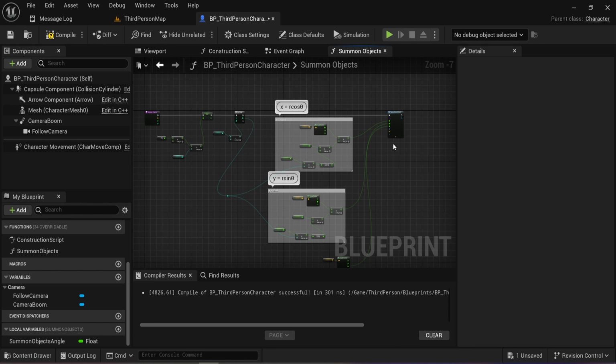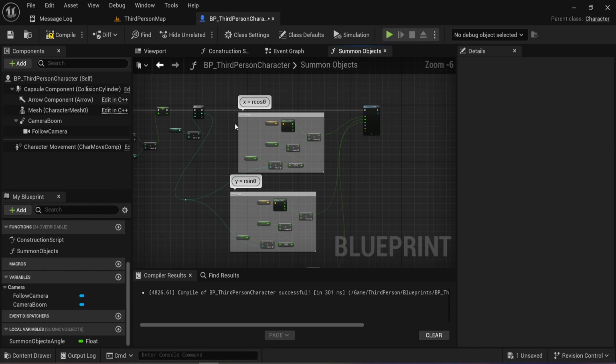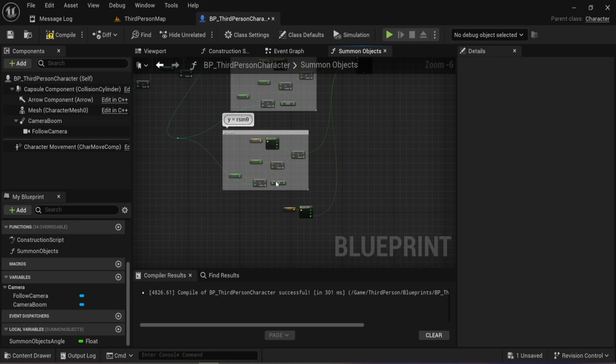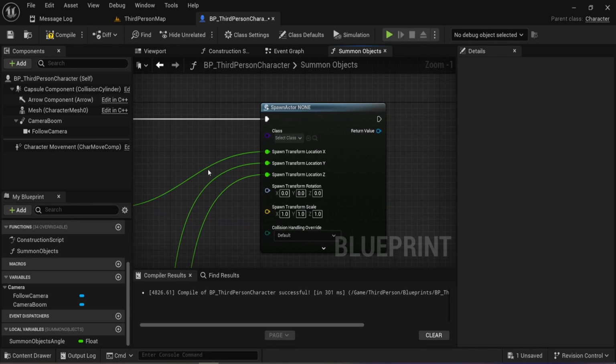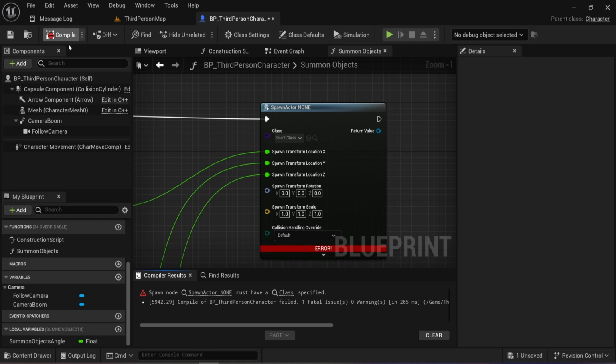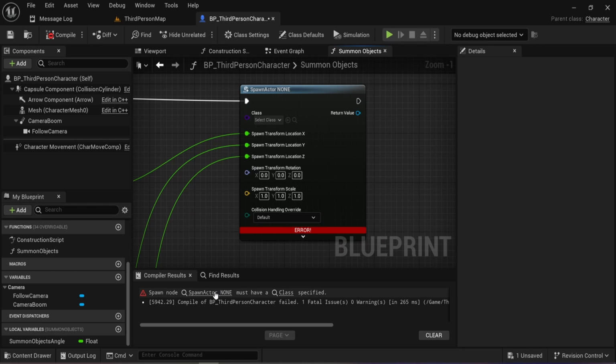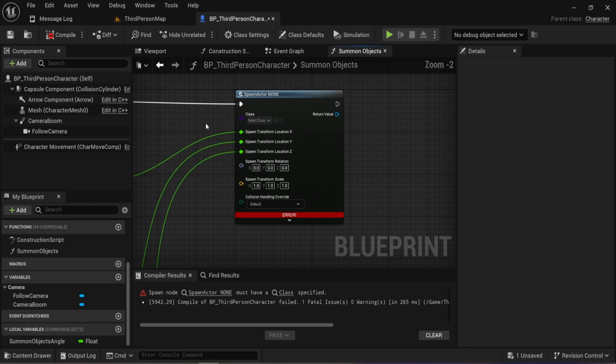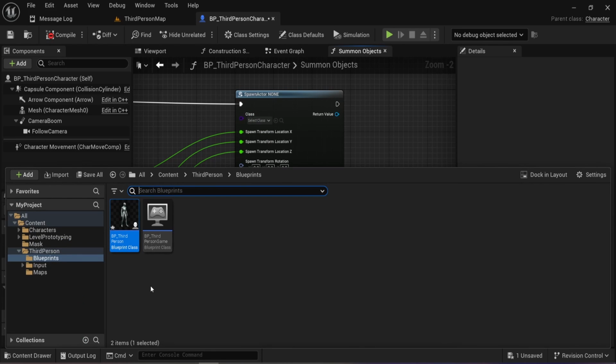Alright, welcome back. So after we wrote all this stuff, there's one thing that I think you guys have already realized: the moment when we compile it, there's an error sign over here, but that's completely fine because we do not have any spawn actors over here. So how do we do it? Just need to include the actor blueprints over here. So just go to content drawer and create a new